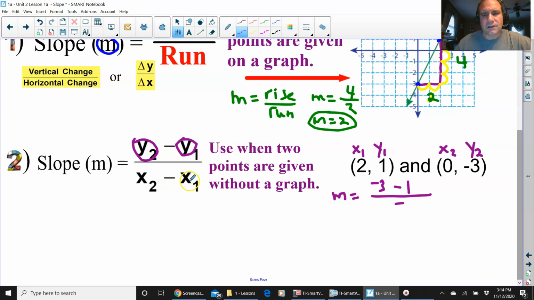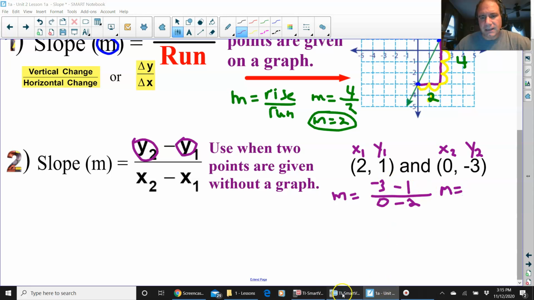x2 minus x1, x2 is 0, minus x1, which is 2. Okay, so the slope now becomes